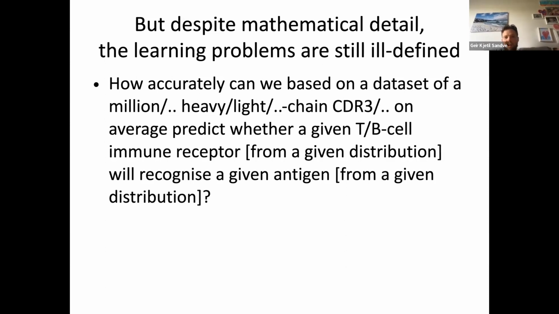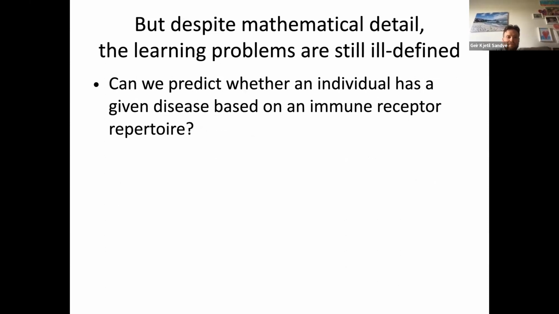So it just tells us how enormous this task we are facing is, and coming back to why I argued for the importance of community. We can do the same. I'll not go through all the steps, but whether an individual has a given disease based on an immune receptor repertoire, which is the question of whether AIR might in the near future be suited as a biomarker? It's not too expensive to do. So one could imagine it as an early